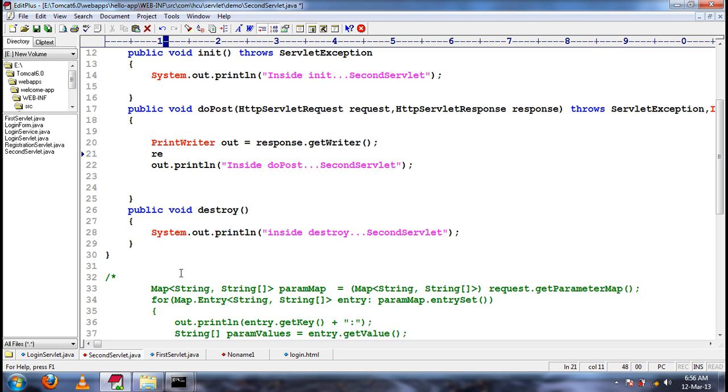As we said, cookies will be transferred from server to browser in the form of response headers. From browser to server, they will be transferred in the form of request headers. So, from the request object, we should access cookies in some other servlet.